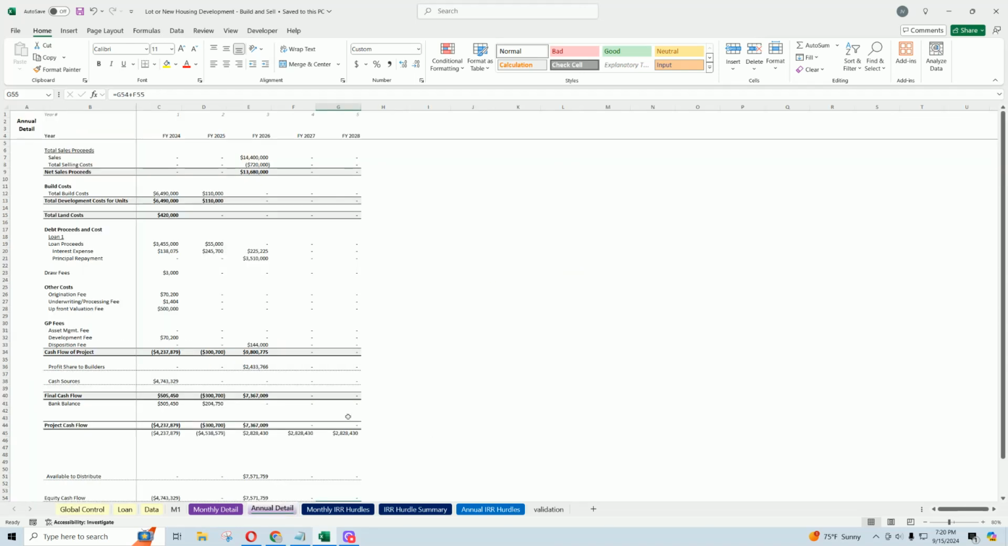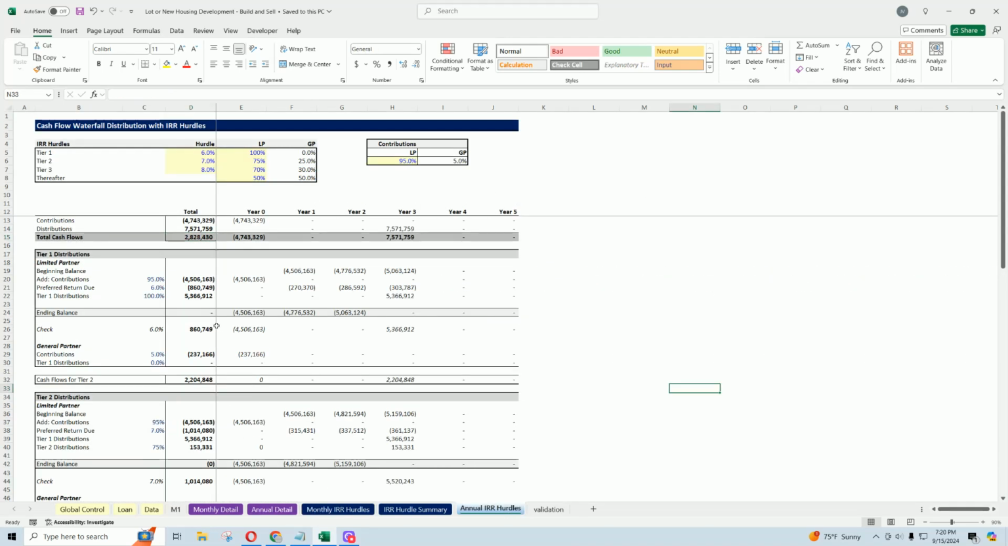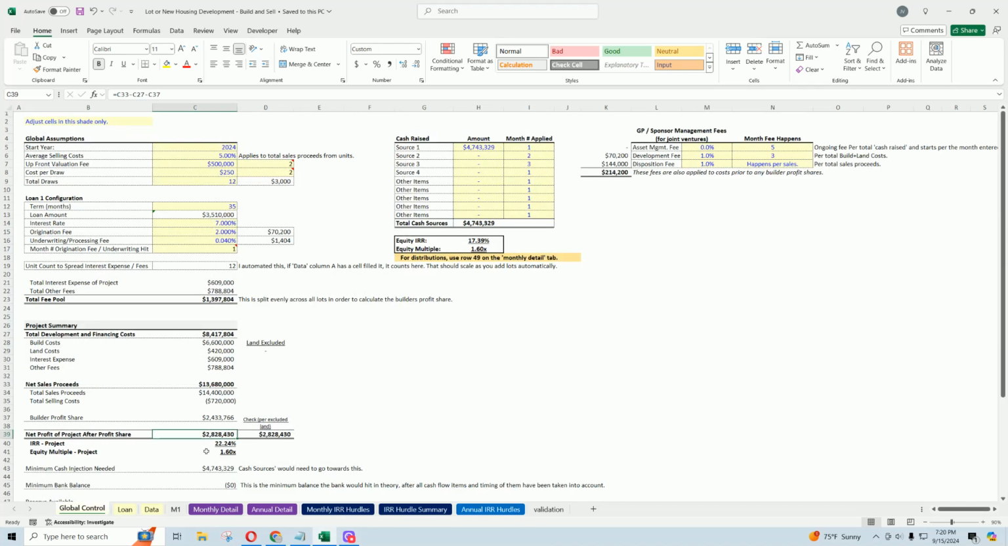If you go over here to annual detail, we're at 2.828. It's the net cash balance distributed. That's also what's going to be on these IRR hurdles, 2.828. So that's the same. Total cash flows are the same for all these things. And that is taking your total build costs, land costs, interest expense, other fees. Now, other fees also includes all these fees here, upfront valuation fee, total draw fees, origination underwriting, as well as